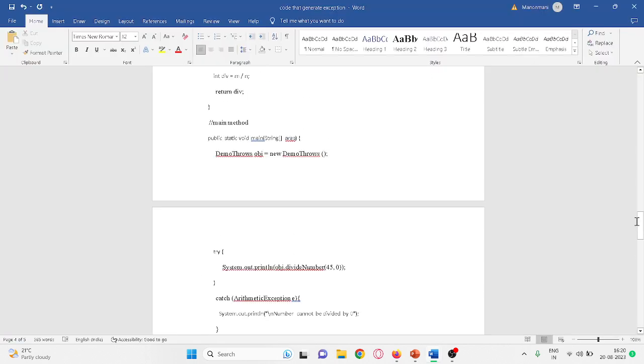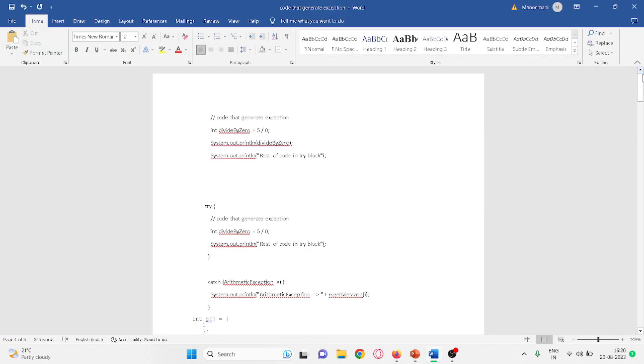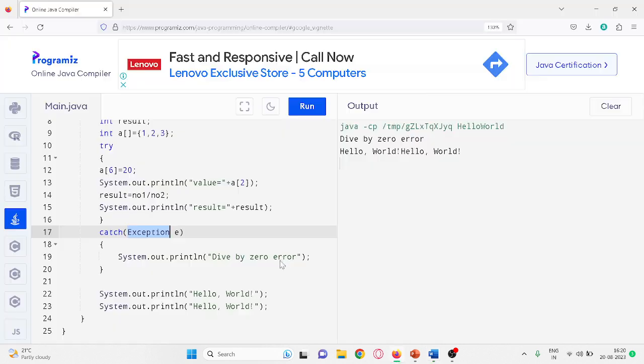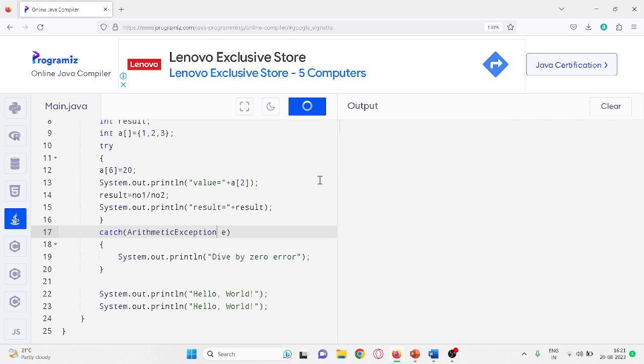This exception is array index out of bound exception. So instead of this, I am going to give arithmetic exception. Arithmetic exception is that particular exception. So here it will happen. Now if you run this program,